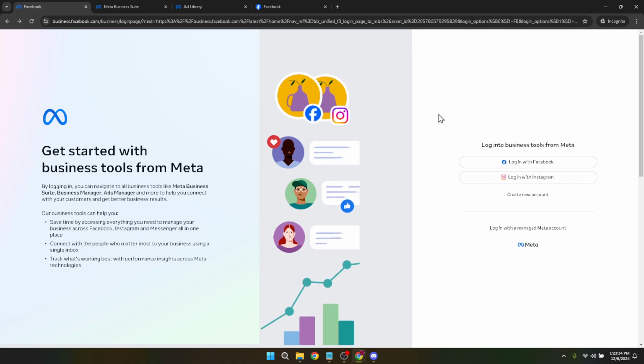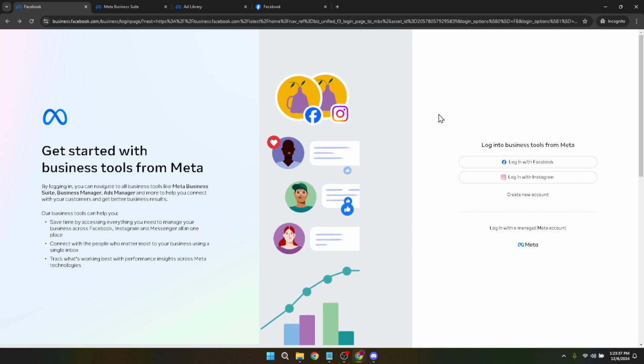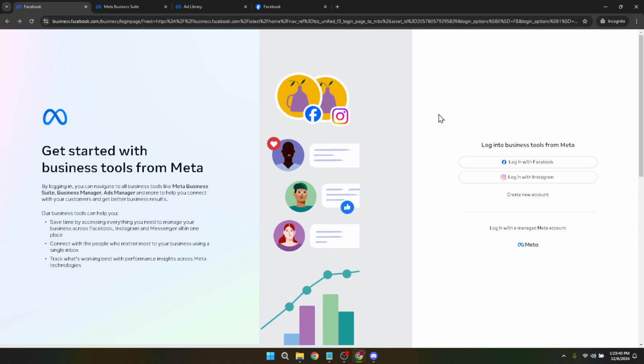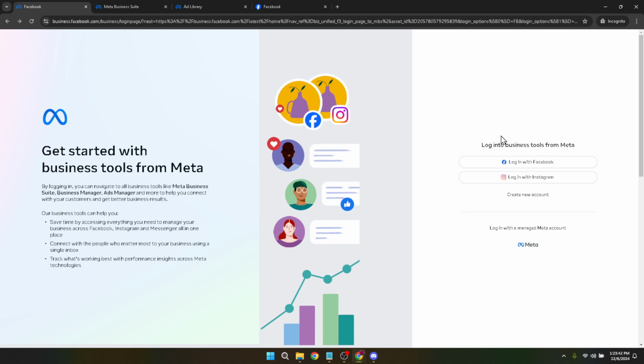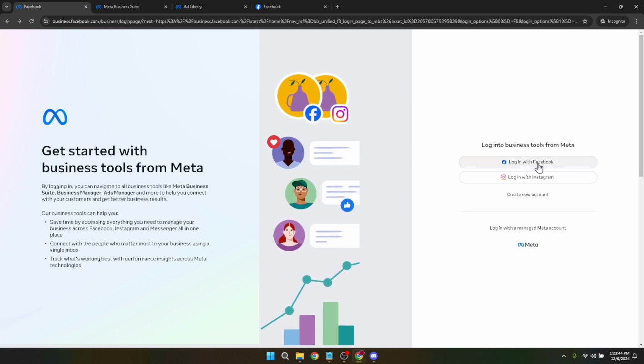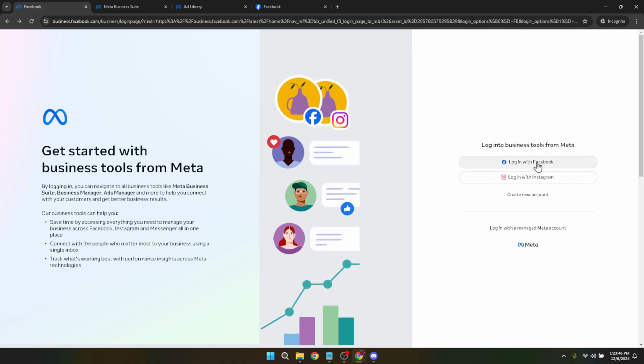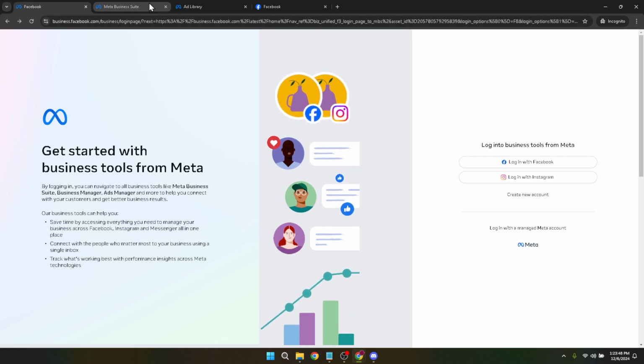First things first, head over to Facebook Business Manager. This is your command center for all things advertising on Facebook, offering you a comprehensive view of your ad performance and access to various ad management tools. Once you're there, you'll be prompted to log in with your Facebook credentials. It's a simple step. Just click on Login with Facebook, choose your account and proceed. This links your advertising efforts directly to your Facebook profile, ensuring a seamless transition between your personal and business activities